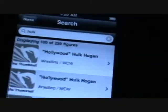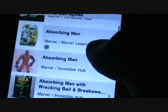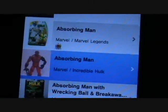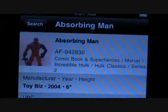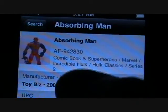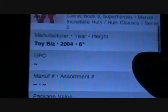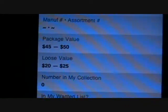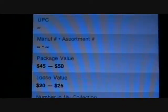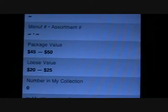Now, if I was going to go back to the search page, I was searching for Hulk figures. Say you pick up that Absorbing Man and you want to add him to your collection. You can click on him. Very cool. If you want to find more about him, it shows what series he's from. He's from the Hulk Classic Series 2. Made by Toy Biz in 2004 as a 6-inch figure. It does show a lot of values. Now, a lot of the values might be off, but there's a lot that are pretty accurate. And considering the size of the database,